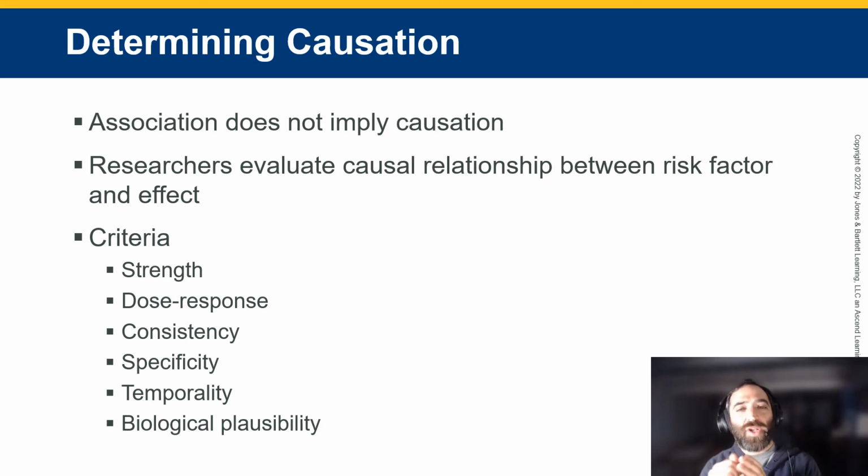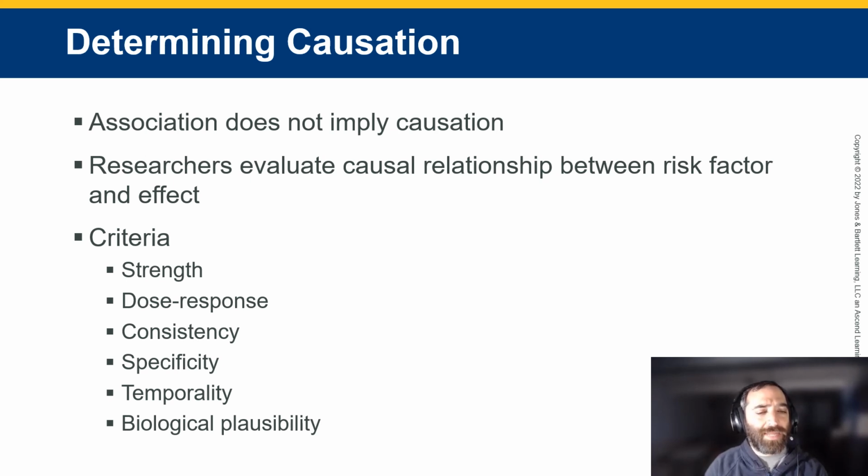And so how do you know that cigarettes and tobacco smoking is what causes lung cancer? Well, it's taken a lot of research and a lot of years to establish that causal relationship between the two things. And that's based upon the strength of the association. If you smoke a lot of cigarettes for a long time, then you're much more likely to get lung cancer than if you don't smoke a lot or don't smoke a long time, right? So dose response: a lot of cigarettes, you're more likely to get that. Consistency,